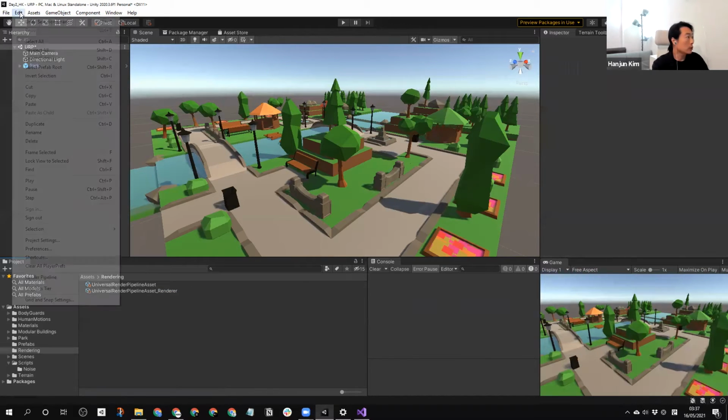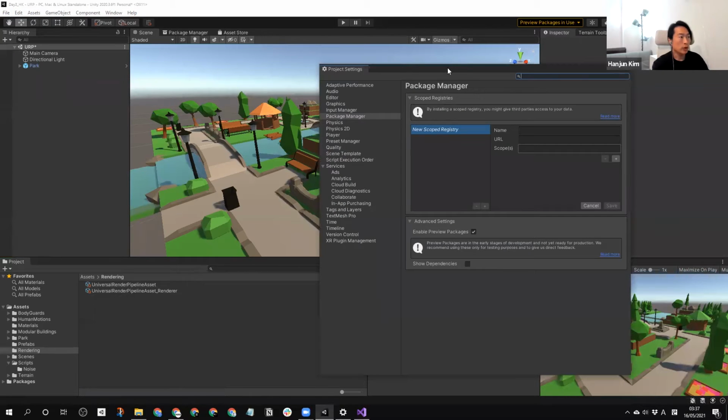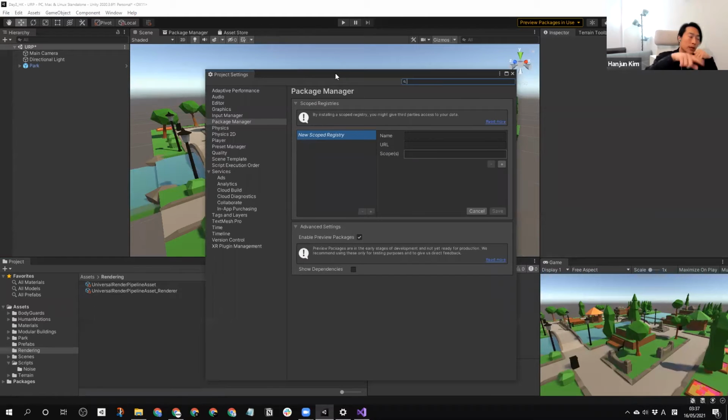So let's go to Edit, and where is it? Project Settings. It's going to change the entire project. So after you change your render pipeline, you can have some errors in the other scenes. So you have to change all of your materials. So anyway, we need to go to the